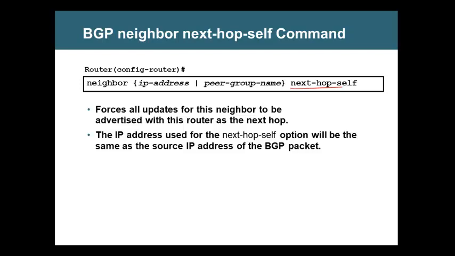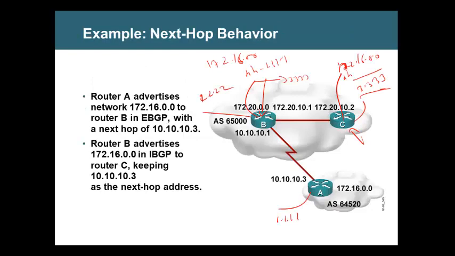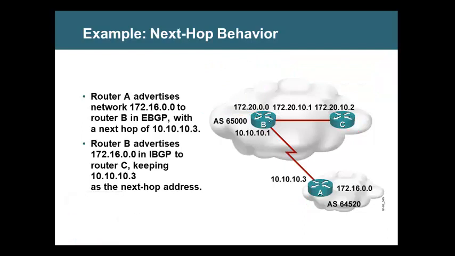See, B is learning with the next hop, which is reachable. Yes or no? Is this not reachable for B? If it is not reachable, how did it form a neighbor? You already wrote static routes, eBGP multi-hop, all those things you did. So it is already reaching. 1.1.1.1 is reaching.